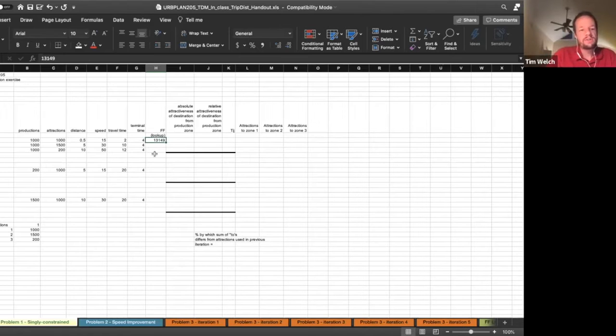So the higher the travel time, the lower the friction factor. And the reason we don't use just the total travel time in this case is that it's a more complex function that determines these numbers. So usually there's a substantial amount of work or research that goes into developing these tables. I just gave you a table that comes out of a pretty old textbook, a 1980s textbook. But these friction factors reflect not just the amount of time it takes to get from point A to